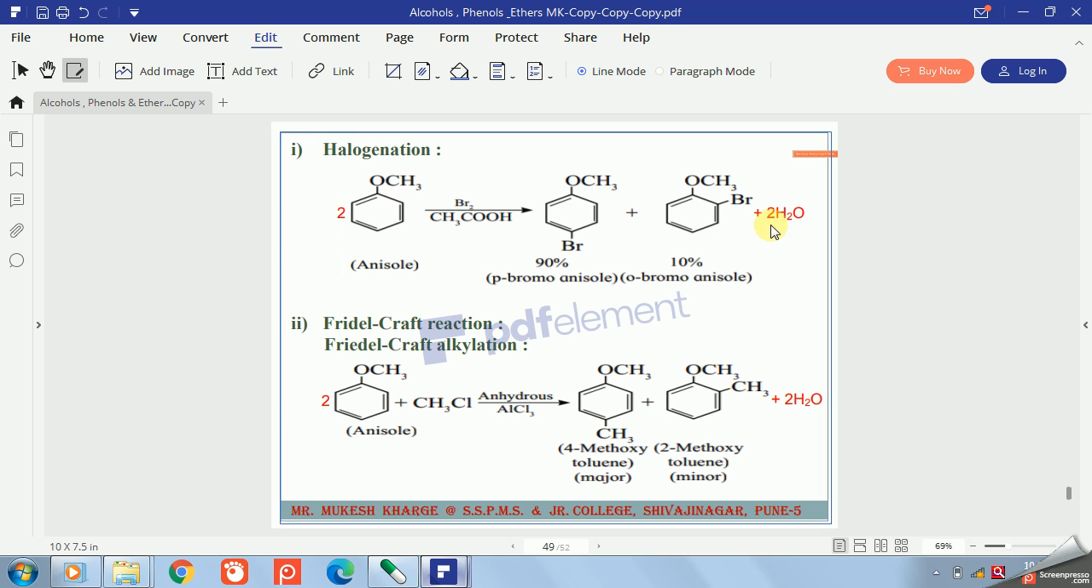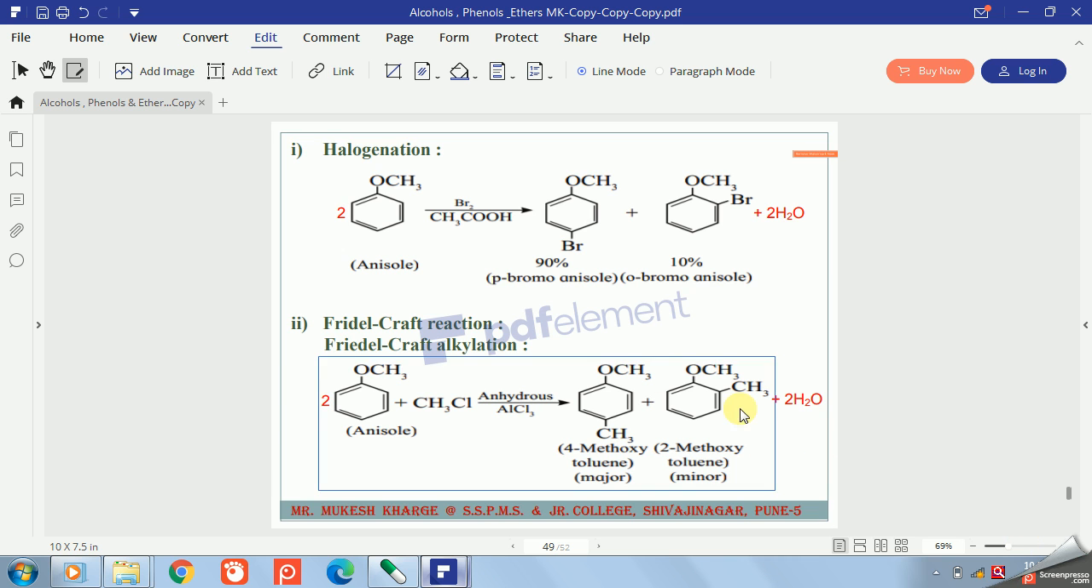So don't forget to balance the equation. Write down 2:2 the byproduct. Then the next reaction is Friedel-Crafts alkylation. Alkylation means substitution of an alkyl group. So when the hydrogen of this benzene ring at ortho and para position is substituted by an alkyl group, here we substitute it by a CH3 methyl group. So alkylation is methylation. To carry out this reaction we have to use anhydrous AlCl3,